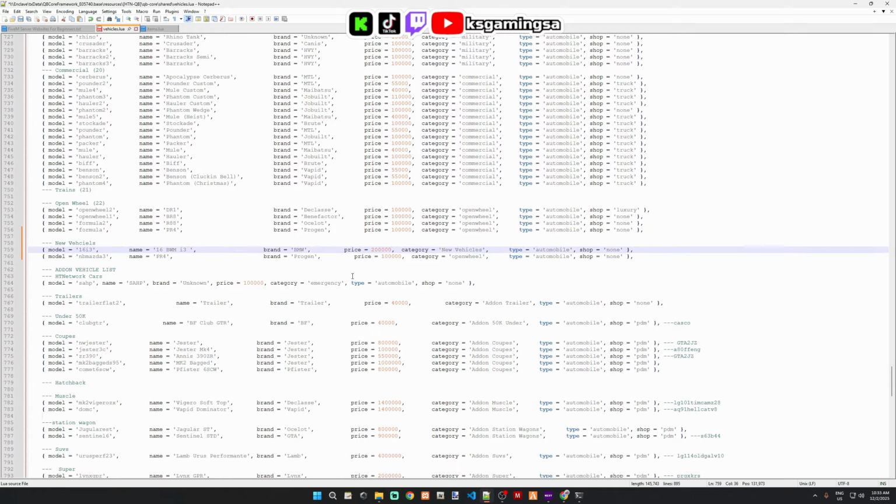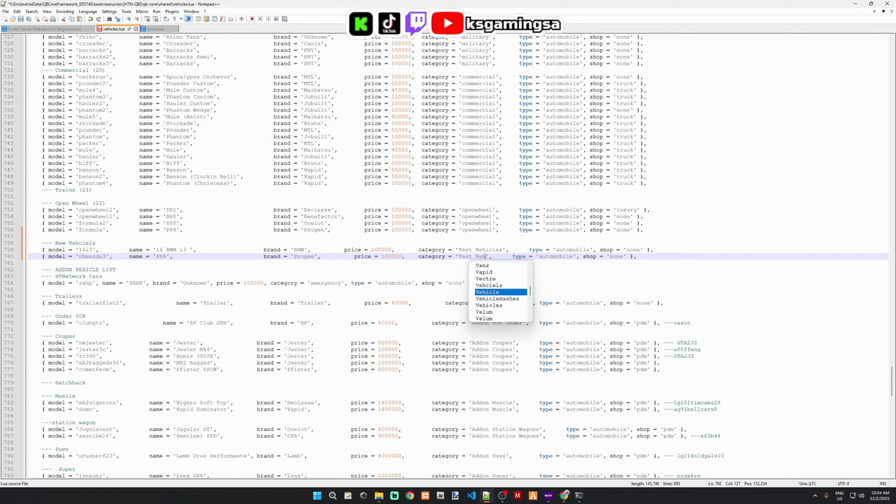So in this case, where's our vehicles? Here we go. So we're going to just say new vehicles, or let's just call it, let's call this, just want to show you guys something. We're going to call it test vehicle. All right. And the same here. Just make sure it's exactly the same. Test vehicles. And the shop